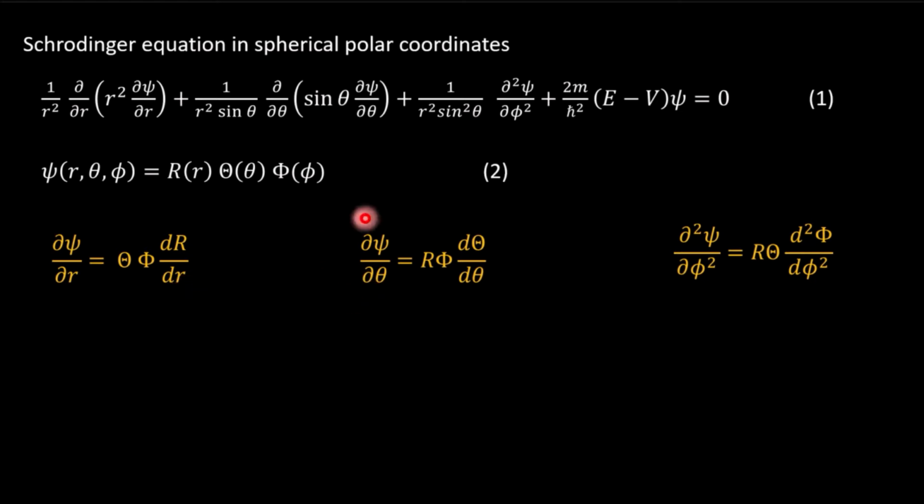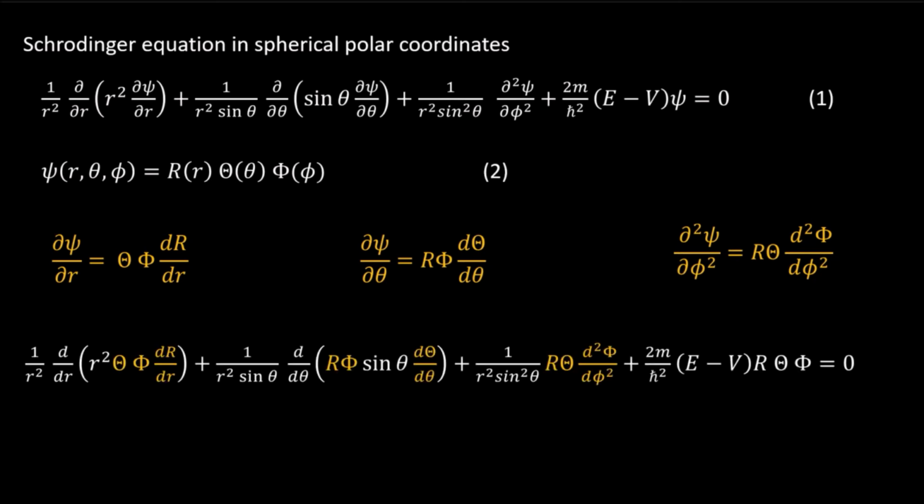Similarly, we can write the partial derivatives of psi with respect to theta and phi also as complete derivatives of Theta and Phi. So, if we substitute equation 2 in equation 1, we get an expression like this one. It's a long expression,